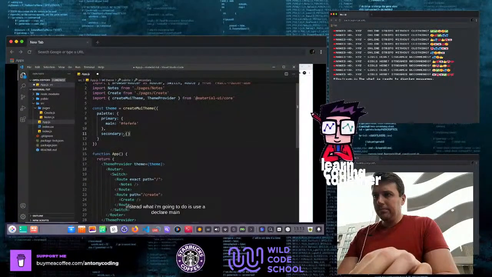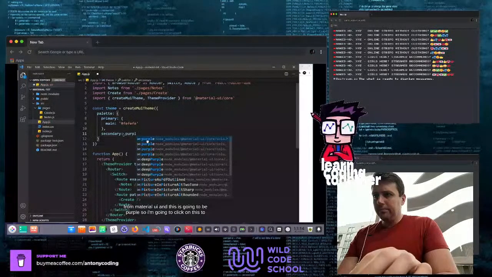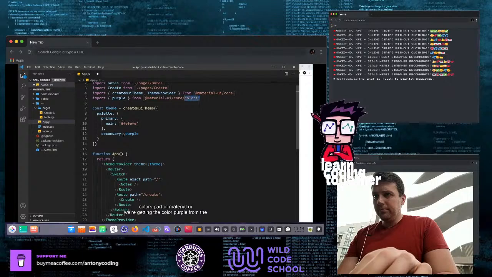Instead, what I'm going to do is use a color object from Material UI, and this is going to be purple. So I'm going to click on this to auto import it, and notice we're getting the color purple from the colors part of Material UI. Now, there's loads of